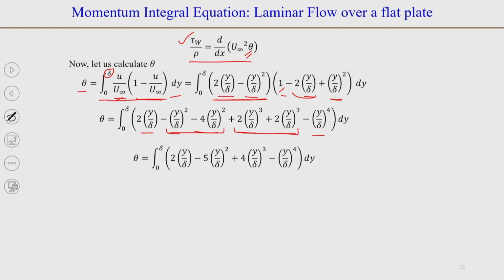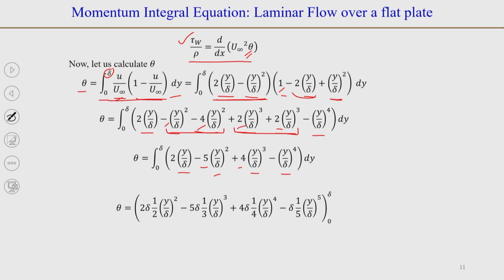So, that will give us the integral 0 to delta of 2 y by delta minus these two terms. When you combine, this will become minus 5 y by delta squared. These two terms, when you combine, will become 4 y by delta cube minus y by delta raised to the power 4. So, that is your theta, and when you